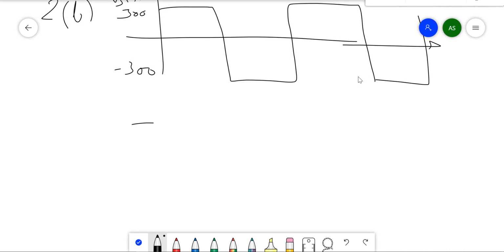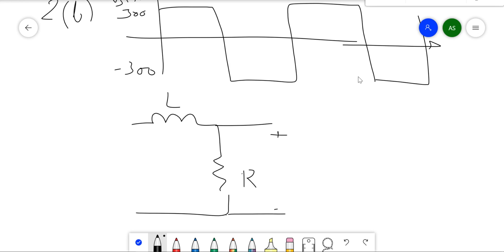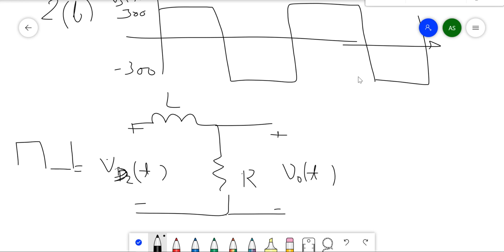So basically what is happening is that this is your L and R, and here you are applying the source voltage for this LR combination, and this voltage is like this, not a square, it's a pulse of 300 volt magnitude, like this. Okay,